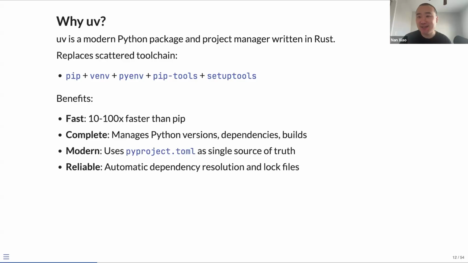And it's kind of a combination. It's a very ambitious project. It's a combination of a lot of the development toolchain in Python you may already know: pip plus virtual environment plus pyenv and pip-tools and setuptools and everything related to packaging and releasing a Python package, the entire development workflow.